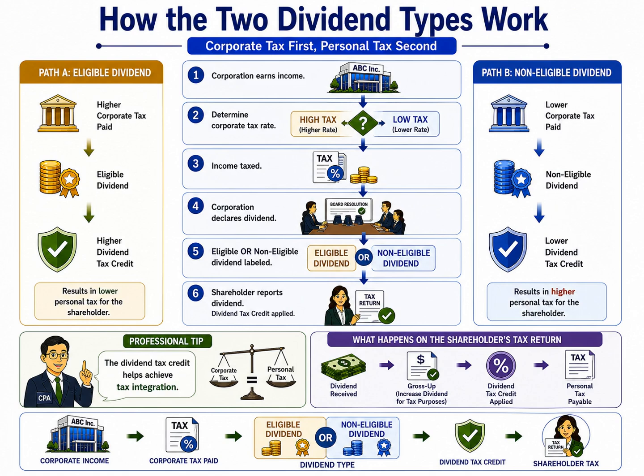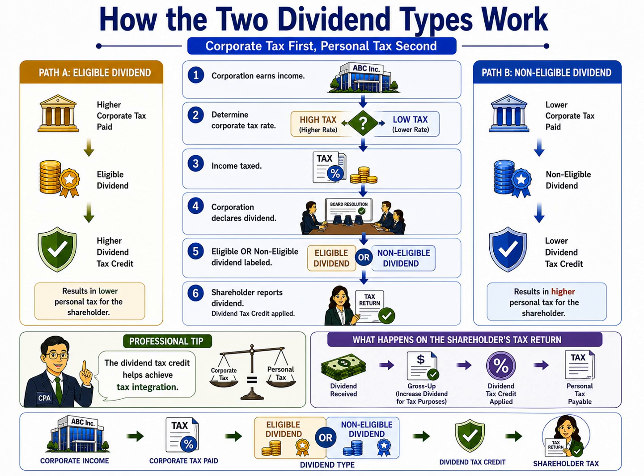The key takeaway is that the dividend process always follows the same general path. The corporation earns income, pays corporate tax, determines whether the dividend is eligible or non-eligible, distributes the dividend to the shareholder, and finally, the shareholder reports the dividend and claims the appropriate dividend tax credit. The higher the corporate tax paid initially, the larger the dividend tax credit available later, helping Canada maintain its principle